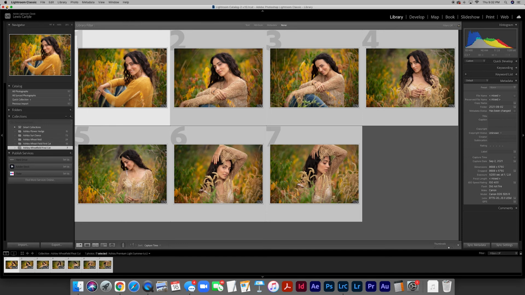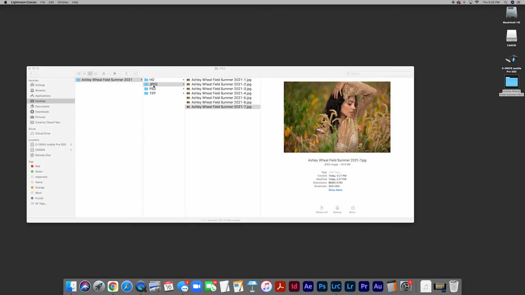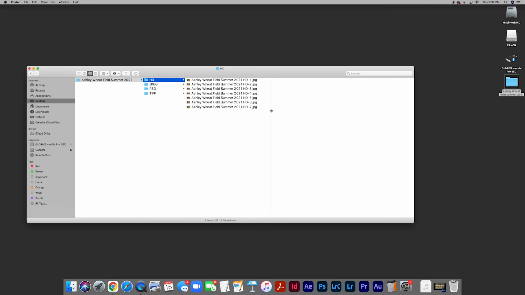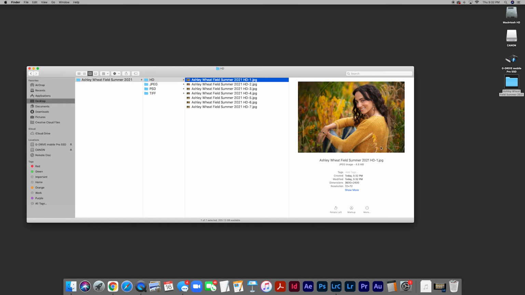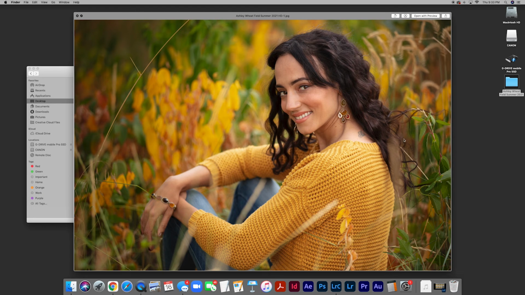All right, now let's once again minimize Lightroom and look at what we've just done. When I navigate towards the HD folder, once again, I have the same 7 images. They now all have this HD moniker on the end of them so that I know I'm not going to get them confused with a full-size JPEG. But when I click on this file, let's look at what happens. We have drastically reduced the file size. We're now only 4.8 megabytes in size. We are now 3,600 pixels by 2,400 pixels tall. So if I get kind of a full-size preview of that file, you can see that it still looks great